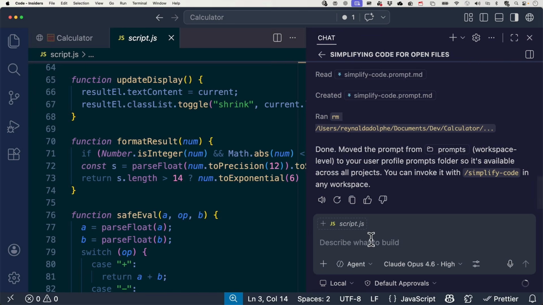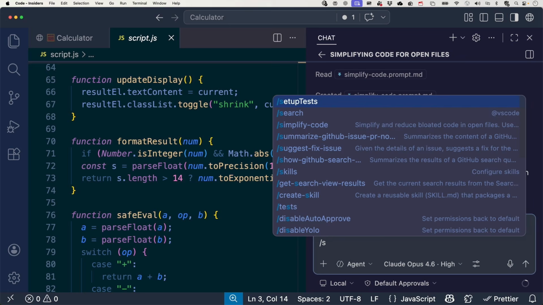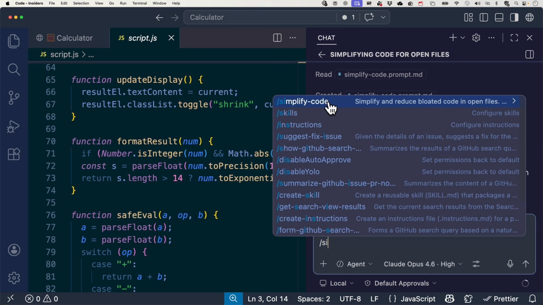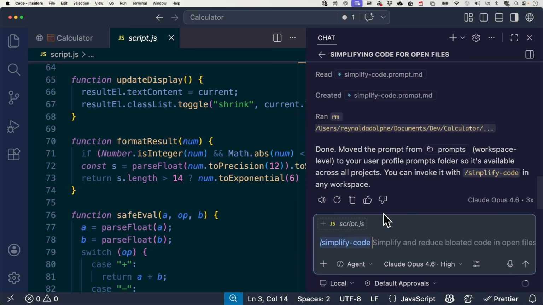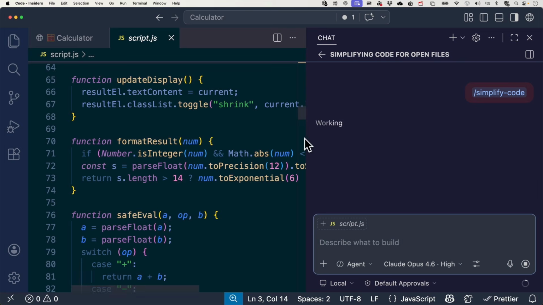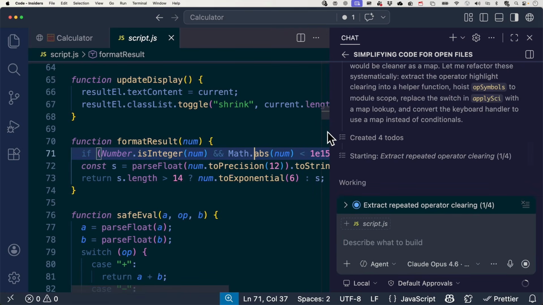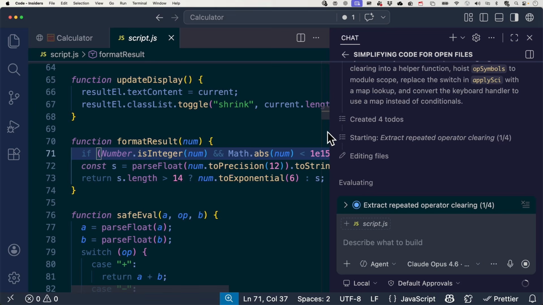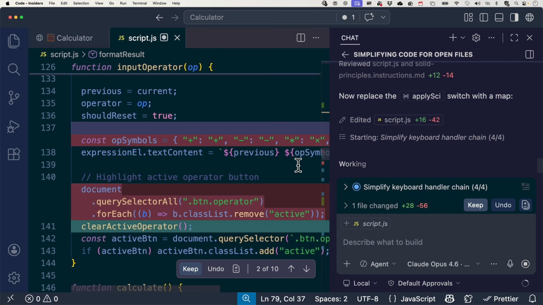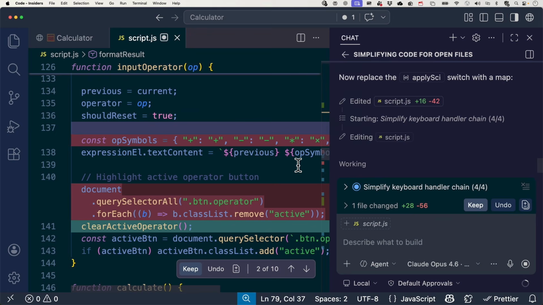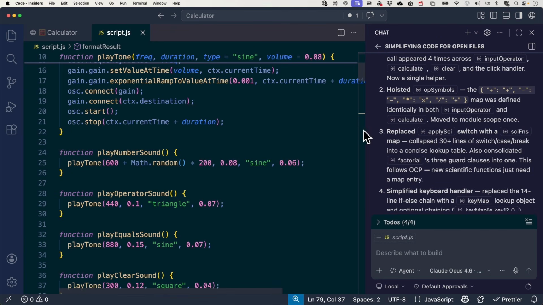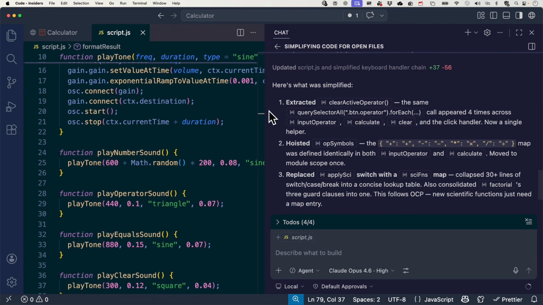So let's go ahead and give this a shot. Simplify and reduce bloated code. I'm actually really excited to see what it does, because this way you can make note of which models tend to be a little bit more efficient versus others. And when I say more efficient, I mean in terms of the way that it writes code that is not bloated. Okay, looks like it's made some changes here, and it describes exactly what it did to simplify the code,